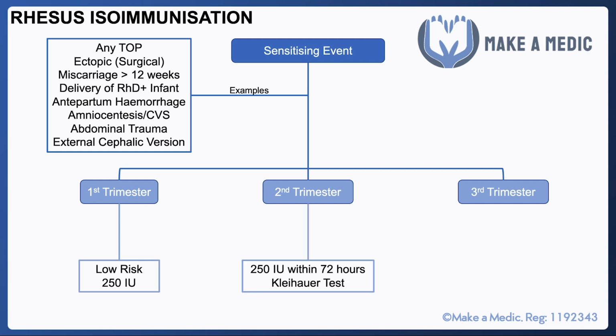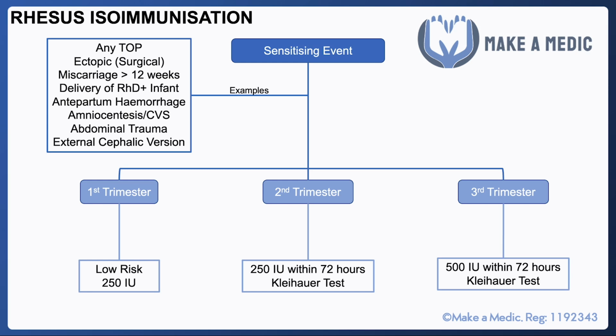In the second trimester, 250 units should be given within 72 hours of the onset of whatever sensitizing event, and something called a Kleihauer test should be done as well. This is a test that quite cleverly makes use of the fact that fetal and maternal blood has slightly different properties, and hence you can do this chemical test, which allows you to quantify how much fetal blood has leaked into the maternal circulation. That can be used to determine whether any additional anti-D immunoglobulin needs to be given